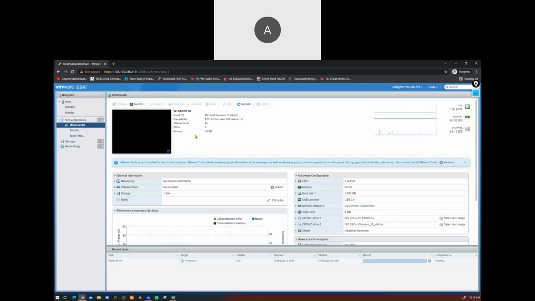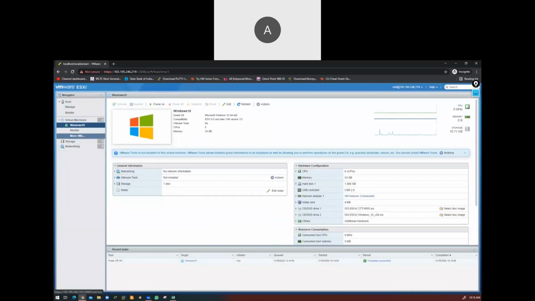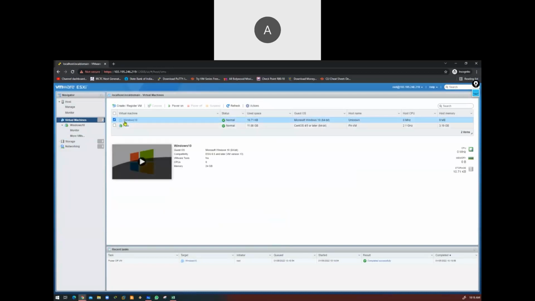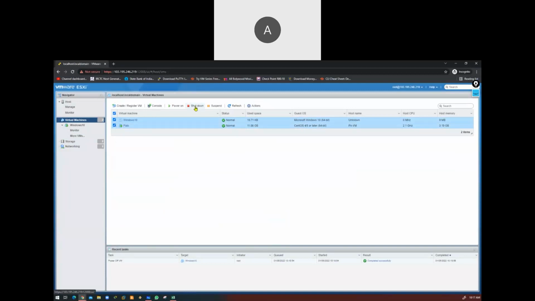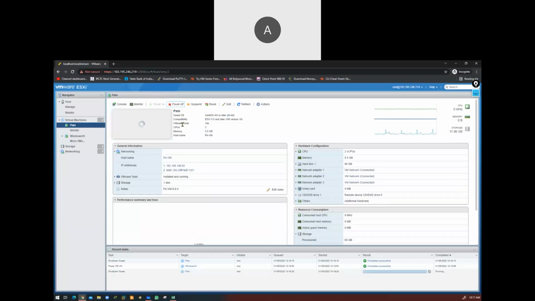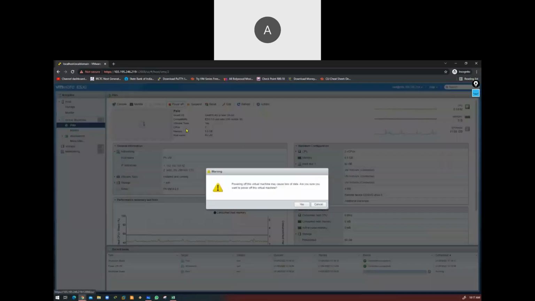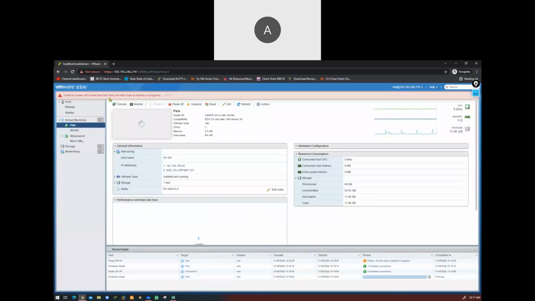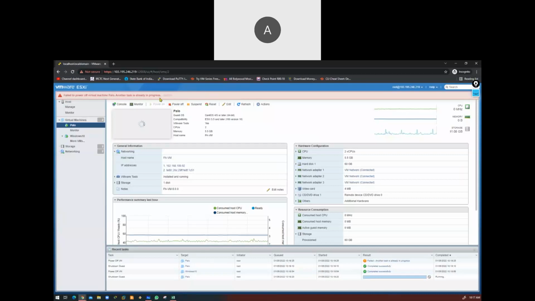Now go back to your VMs, select both VMs, and power off both machines first. To verify it, just go there, shut down, power off. Yes. Wait for a while.